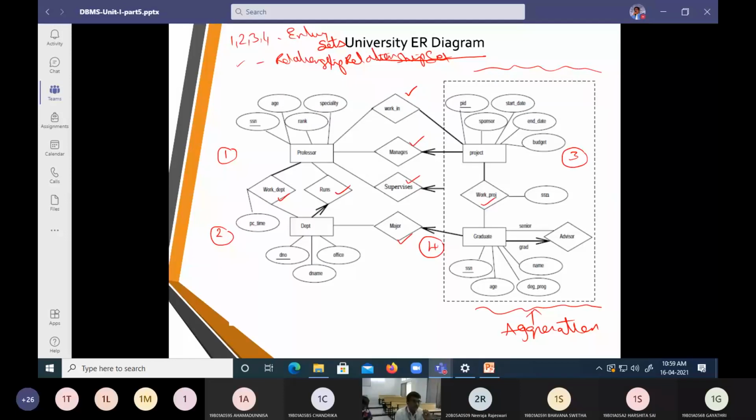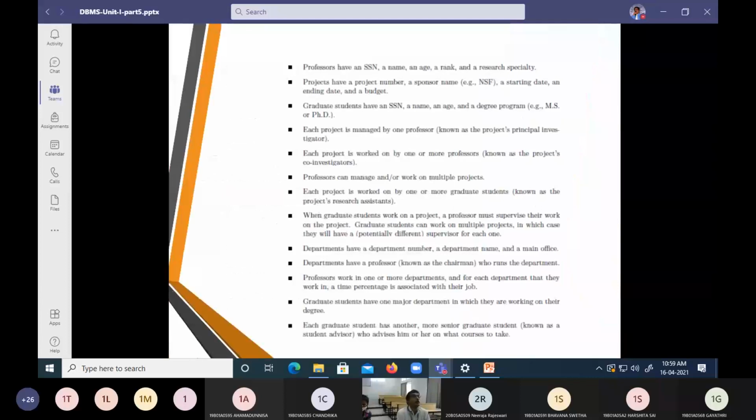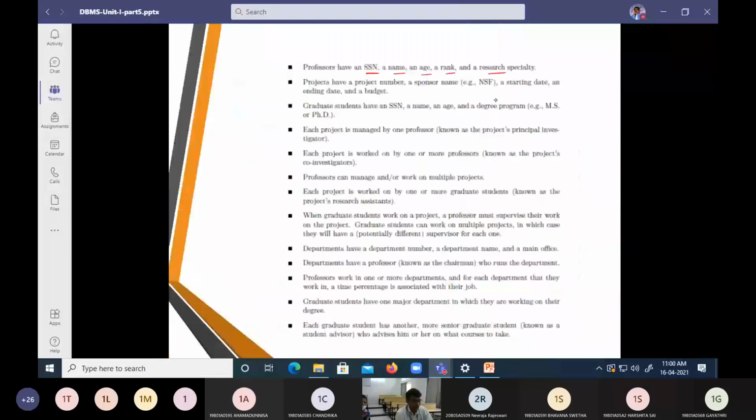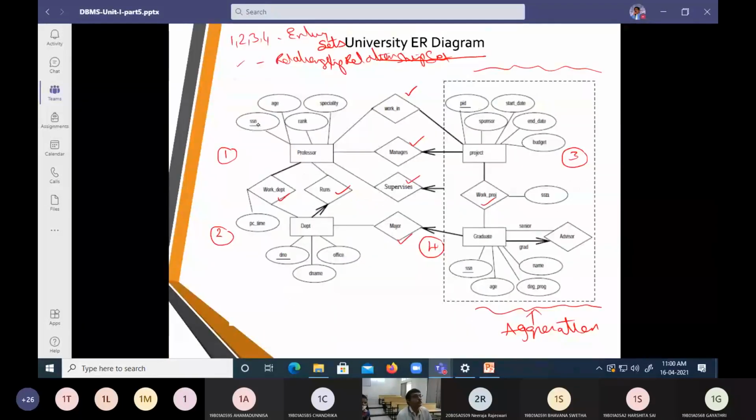What are the attributes of a professor? A professor should have an SSN, a name, an age, a rank, and a research specialty. This was mentioned here. So the professor ID, we are going to call it SSN here, and this was underlined, so we call that item the primary key.